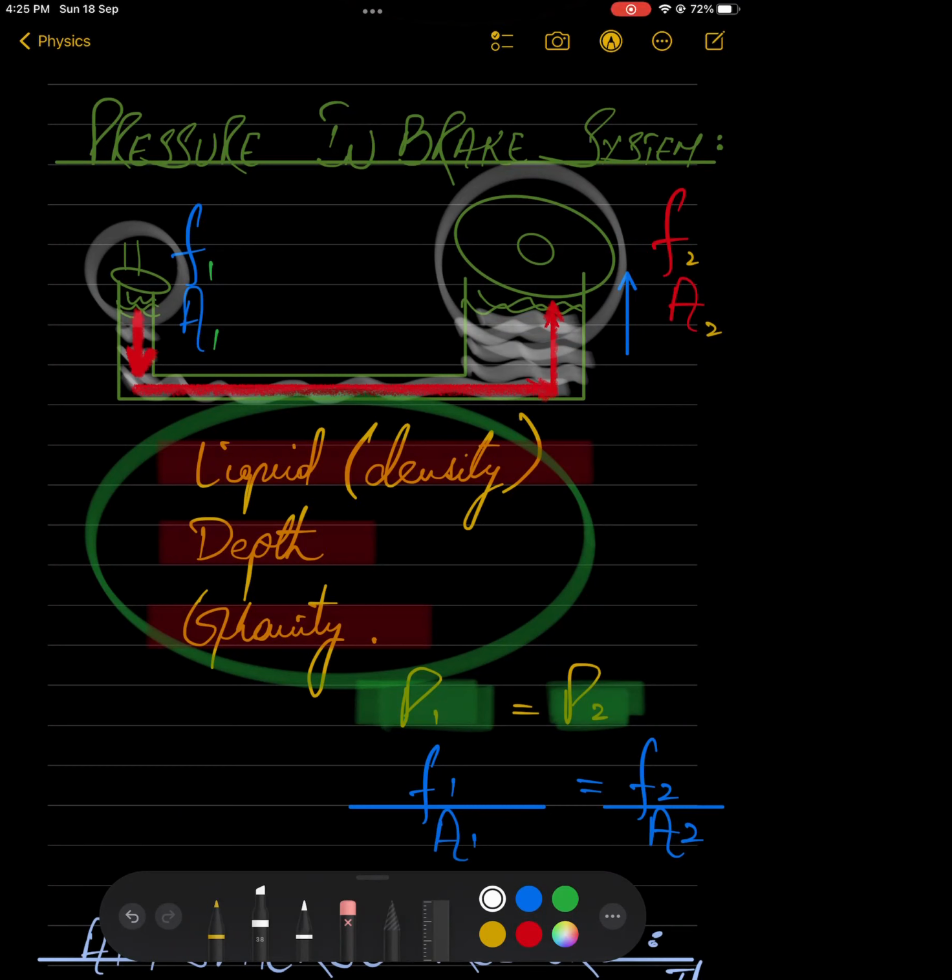तो जैसे ही आप ब्रेक पेडल पे पैर रखते हैं, आप एक फोर्स जो है वो अप्लाई कर रहे होते हैं इनटू द लिक्विड, और जैसे ही आप इस लिक्विड के अंदर फोर्स अप्लाई करते हैं, ये फोर्स मूव करते हुए कहाँ तक जाएगी, ये फोर्स मूव करते हुए ब्रेक पेडल तक जाएगी, और फिर उस ब्रेक पेडल पे या उस ब्रेकिंग सिस्टम पे फोर्स अप्लाई होके व्हील को रोका जाएगा।